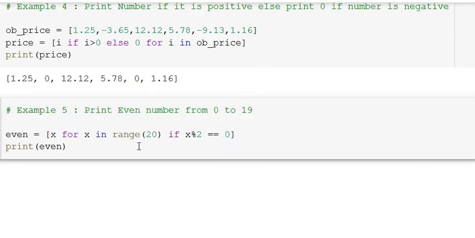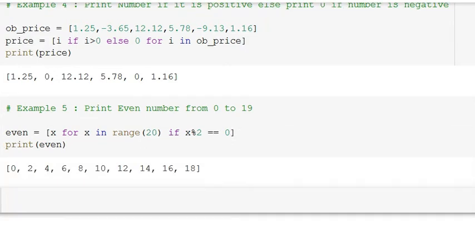In this example, we have to print even numbers from 0 to 19. So for x in range 20, if x mod 2 equals 0, then print the value of x. If x mod 2 is equal to 0, then the value will be an even number. So here it will print all the even numbers.